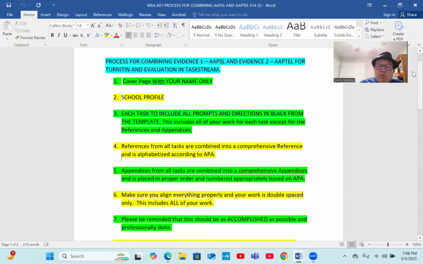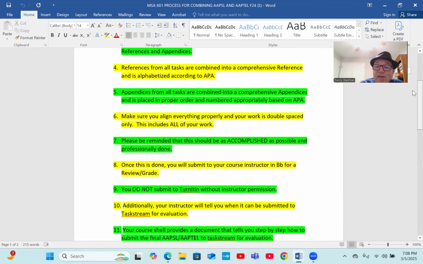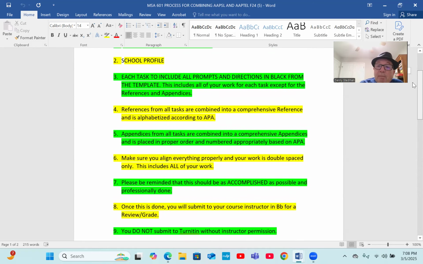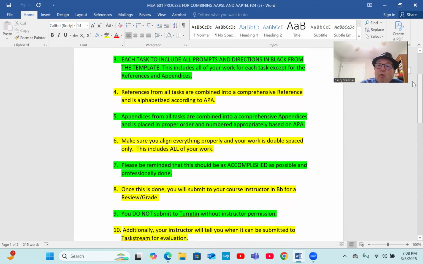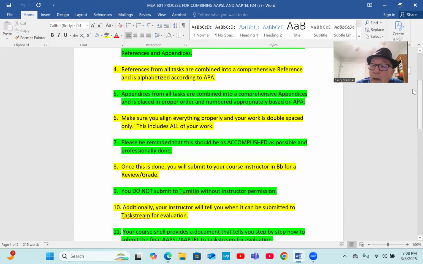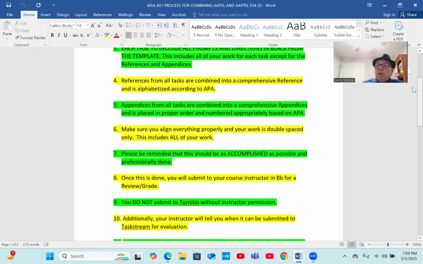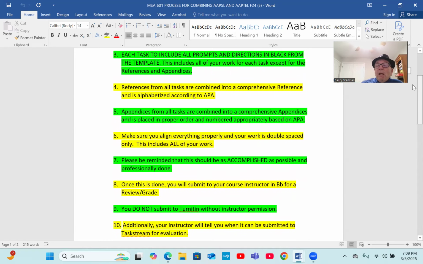Just remember that for each of the 5 tasks, and especially tasks 1 through 4, and some people had a reference section for task 5. I had a few, 1 or 2, that had that.